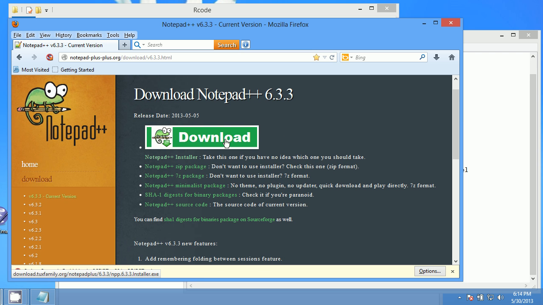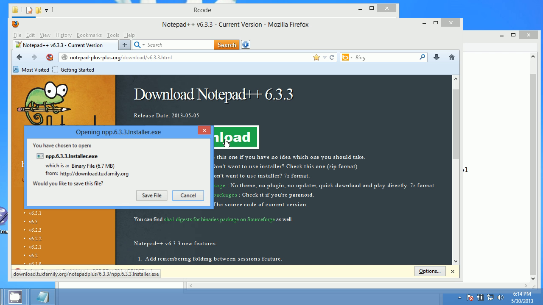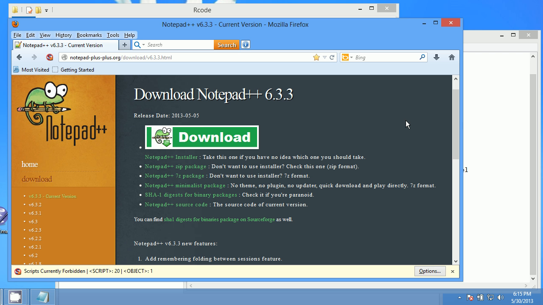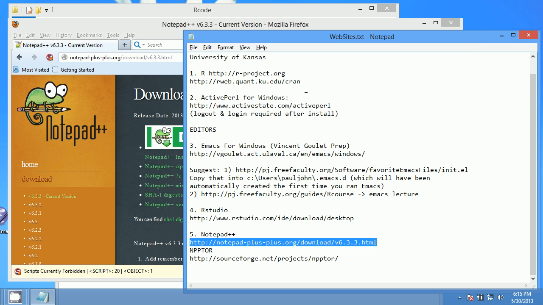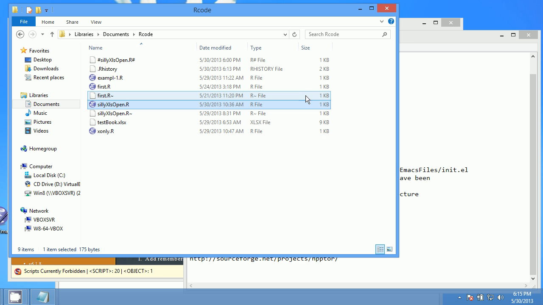So when you arrive at their page, it's very obvious what you need to do. Click the big green download, no problem. Take the file npp633installer.exe. They couldn't make it any more obvious. And then after you've downloaded that,